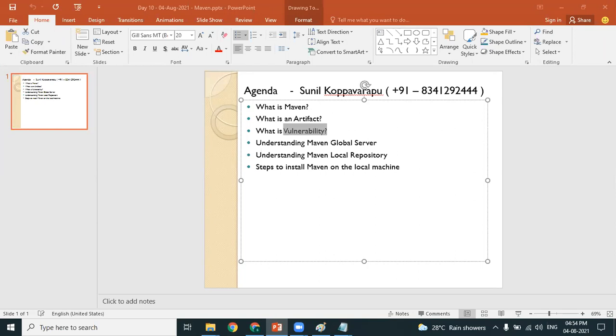Balakrishna, let's say 10 developers, and each developer is creating 10 files. So in total, how many files related to source code? 100 files. Agree? Yes, sir. So central repository is a location where all the 100 files, the entire project source code, is available. So please go through the recording. Okay. Thank you.